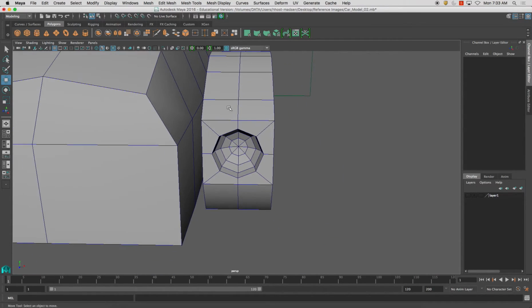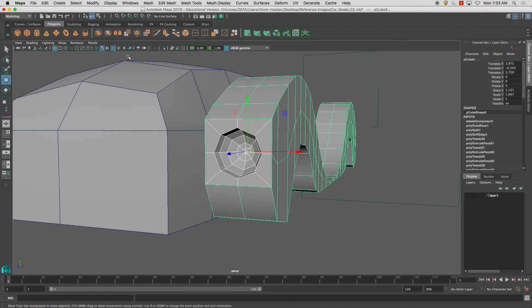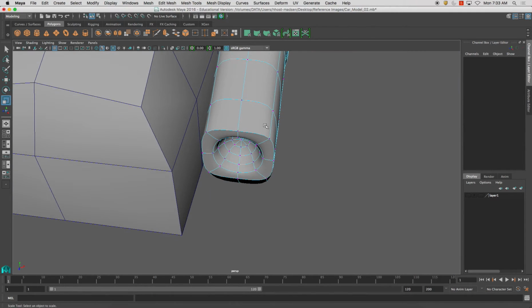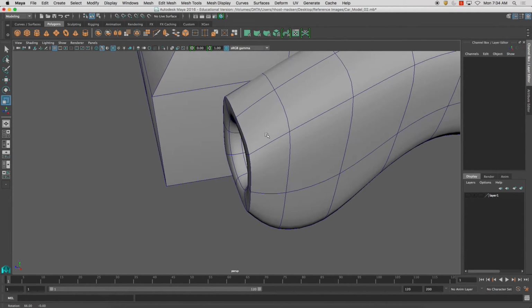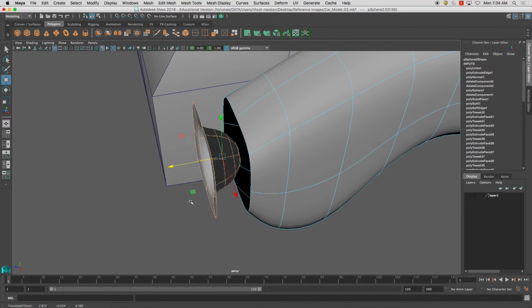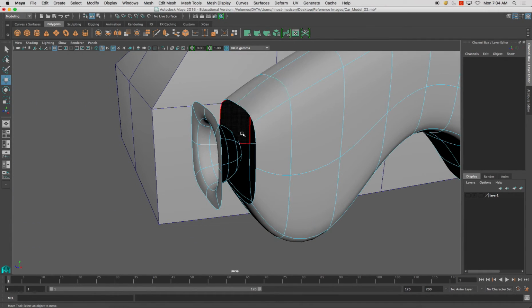And now that I've got that shape in, I'm going to select this shape and shift select this shape and do a combine. And from here, the last thing I've got to do is press 3 to show you. It's not doing it entirely too well, but here, if I move this out, you'll see that they're not actually physically combined